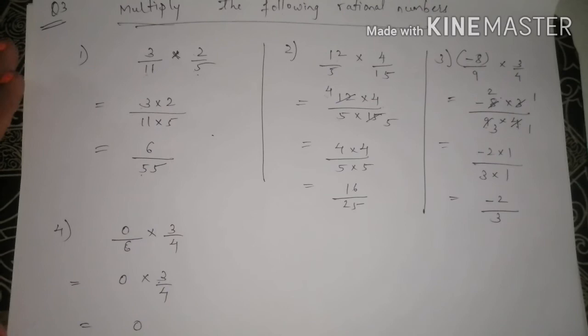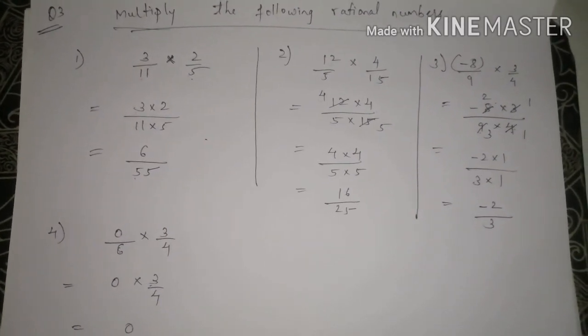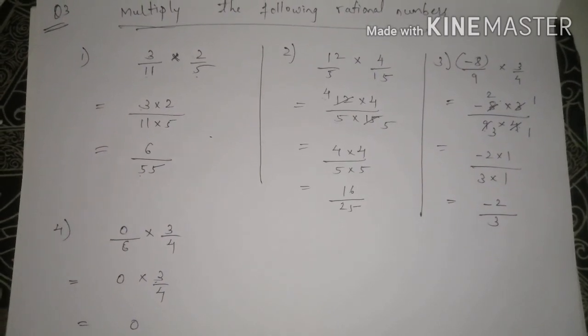So here we have completed question number 1, 2 and 3 of practice set 22. In the next part we will see question number 4 and 5. Till then, practice till here.